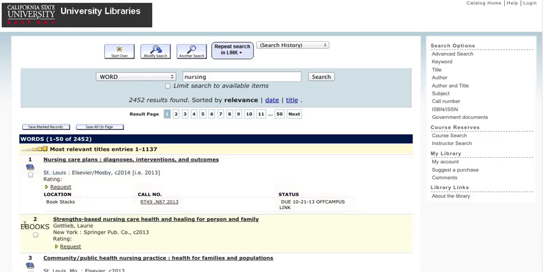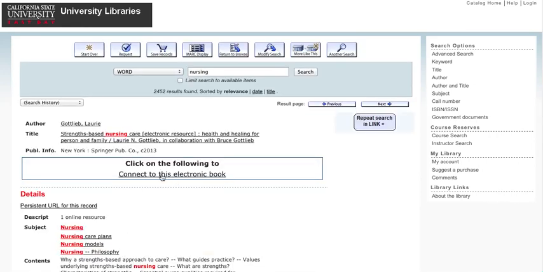This record, number 2, is also a book, but it's an ebook. An ebook is just a book that you can access online. Ebooks do not have call numbers, but they're still books. So if we click on the title of this ebook, we can see this is where we connect to the book, and then you get more information. So this is the longer record, right? The one back here was the short record. This is the long record.